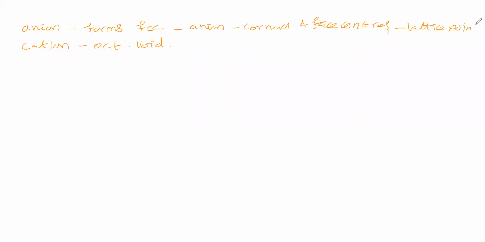Now we will see these two. This octahedral void is called an interstitial site. Octahedral void means interstitial site. Corners and face centers mean lattice points. Now we will see regarding these two, anion and cation, how the sizes will be, how the size of this void will be when compared to the size of this lattice point. Now we will take the same anions.